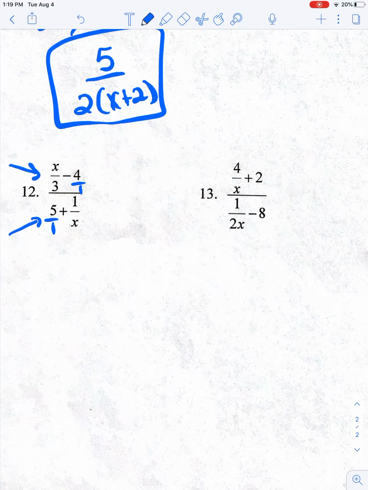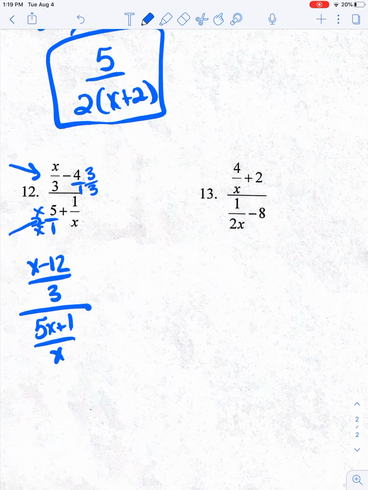So the top common denominator is going to be a 3, so he needs a 3. So that's going to give me x minus 12 over 3. The bottom common denominator is an x. And so that's going to give me 5x plus 1 over x. Okay, so now I have a wedding cake where my layers go all the way across. So now I'm going to same change flip him,